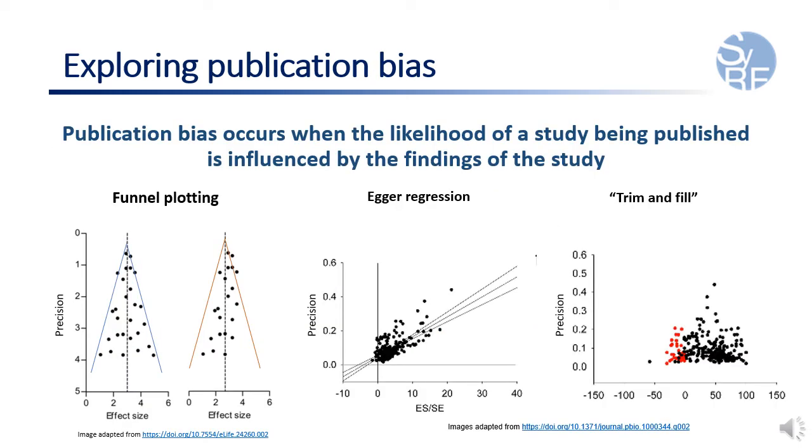Unfortunately, not all studies carried out are published, and those which are may be different to those that are not. Publication bias occurs when the likelihood of a study being published is influenced by the findings of the study, and studies are not published due to the direction or strength of the study findings. There are 3 different methods that you could apply for preclinical studies to explore the presence of publication bias. The first one being funnel plotting, where in the absence of publication bias and heterogeneity, these plots are funnel-shaped and symmetrically centered around the summary effect estimate.